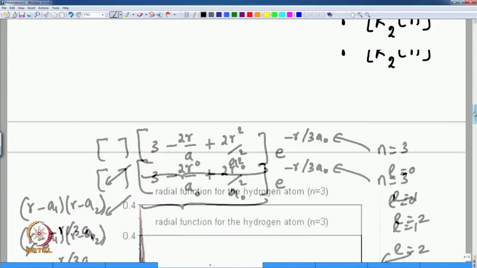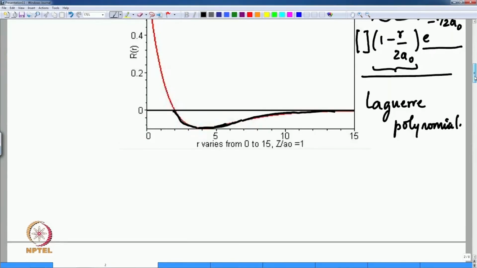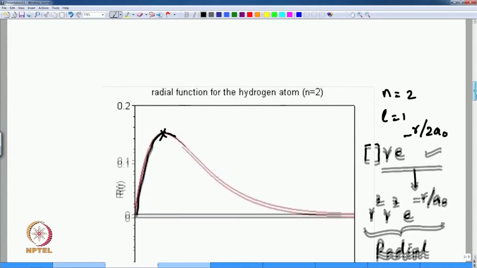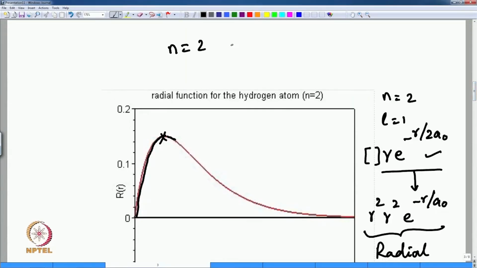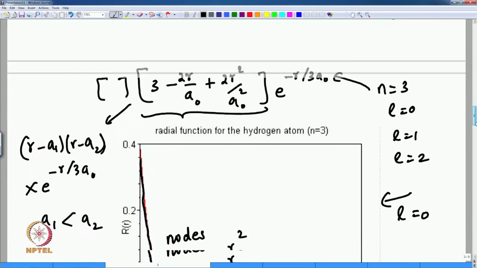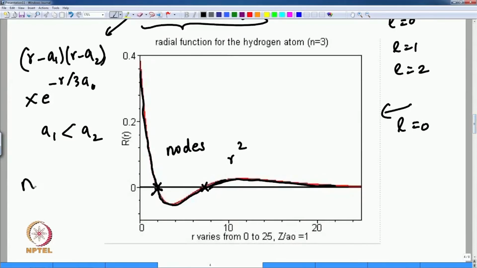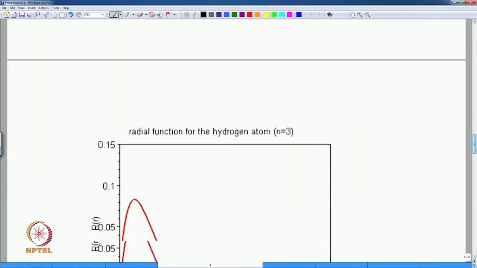The previous one has one node, n equal to 2, L equal to 0. When n equal to 2, L equal to 1, no nodes. When n is 3, L is 0, there are two nodes. When n is 3 and L is 1,